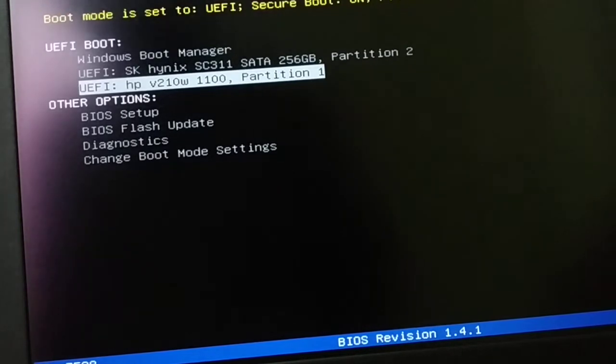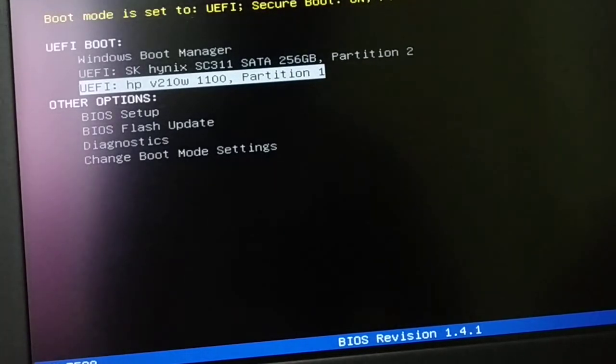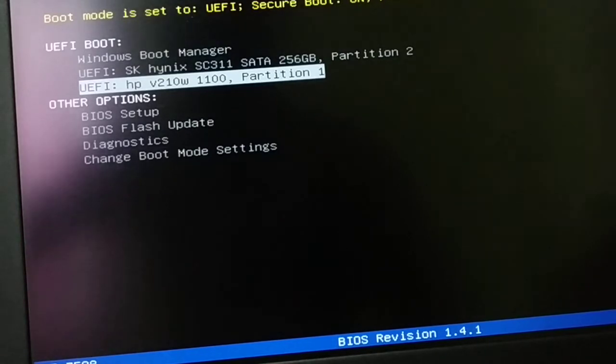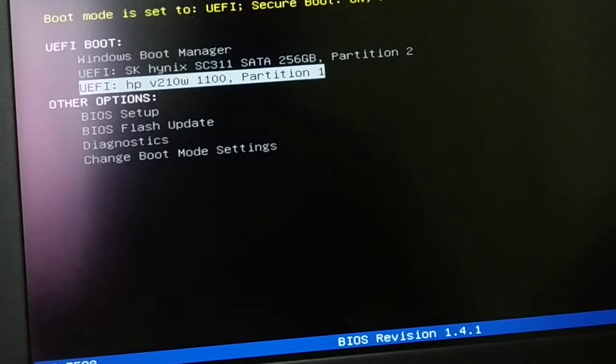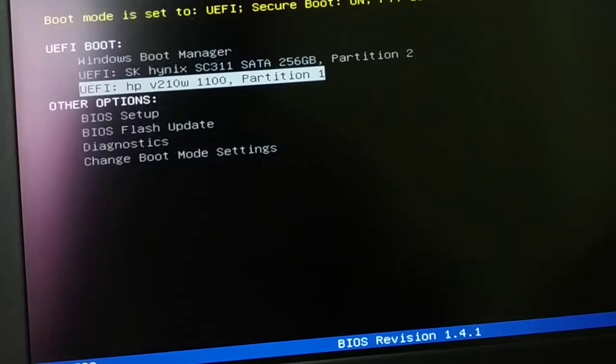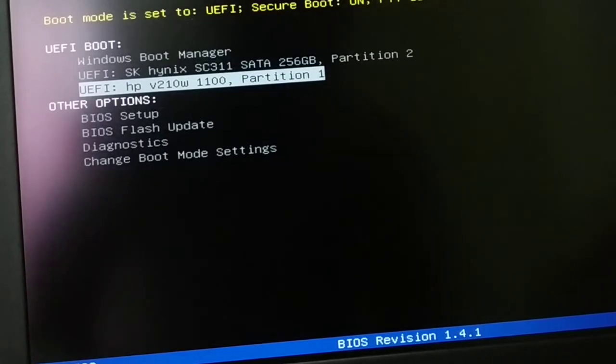So try escape key. If it does not work, you can try the F12 key. Different brand, different laptop has a different function key. So this is a Dell laptop, and if you are using a desktop, for most of the desktop escape key works. You have to continuously tap the escape key, and for most of the laptop F12 key works. Even escape key works for some of the laptop. So if you want to cancel, here's the escape to cancel. Press the escape key to cancel.